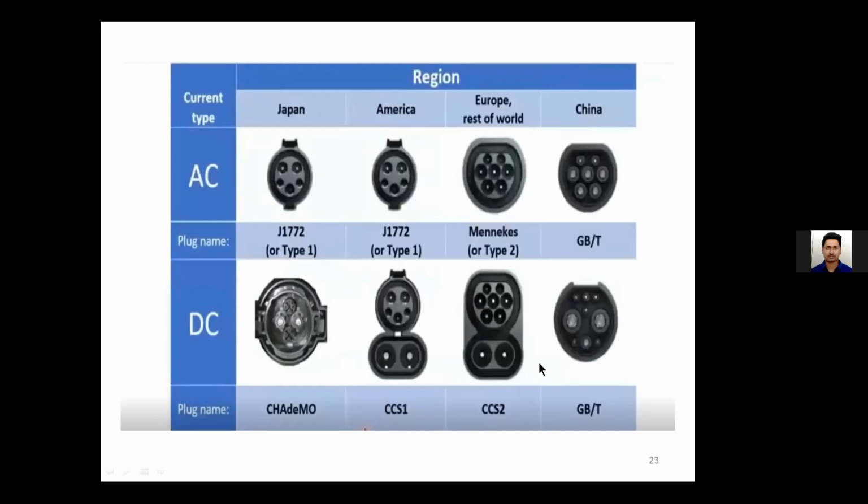In this particular figure, you can see the socket of the electric vehicles. Generally we have two types of current, AC and DC. Generally in our home, through the utility, we get AC. And DC is used for some applications. For example, mobile chargers, mobiles and even laptops all use DC power. But how do we get the DC? Through the utility, we get AC.